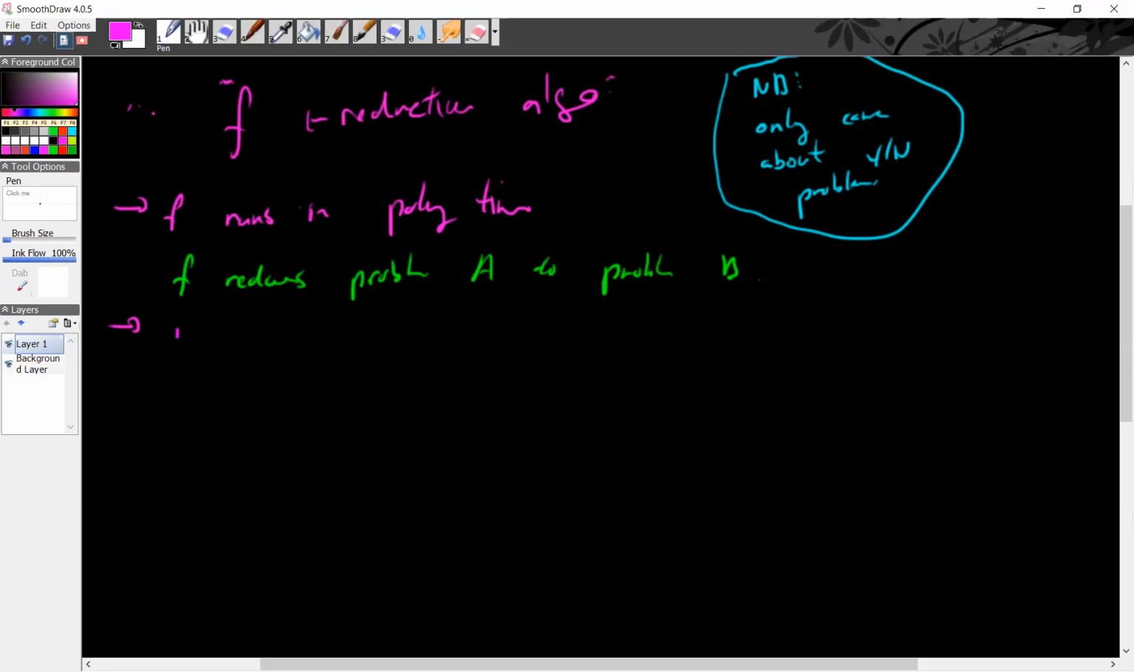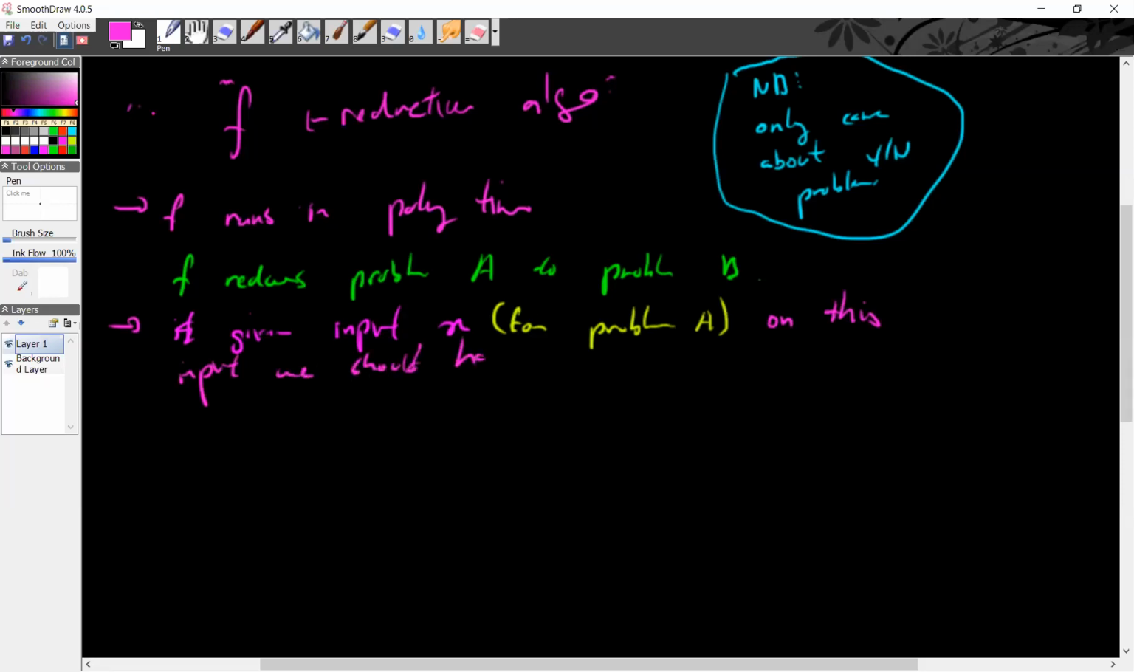if I want to be intuitive about this, we should be saying, okay, so given some input, let's say given input X, and when I say input X, I mean for problem A, and let's say we should have said yes on this input. So for example, let's say you were given a graph and the graph actually did have a cycle, so you should have said yes. Okay. What you need is that f on this input,